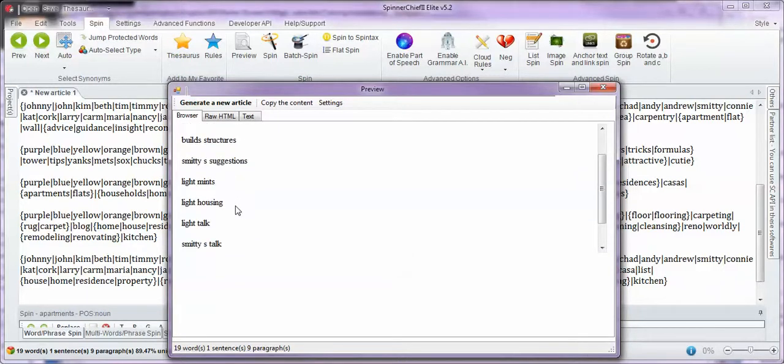You have names and pronouns, and Smitty's Talk. So this is like a name and blog. It's got nothing to do with the keyword either. Now, there's no perfect formula of saying that, hey, you should have 10 spun usernames, 6 of them should be about homes, 3 of them should be general, 2 of them should just be totally random, 1 of them shouldn't make any sense at all. I mean, you want to try to mix in your niche as much as possible, and you just want to pepper in random things too, maybe 2 or 3 times, and that's basically